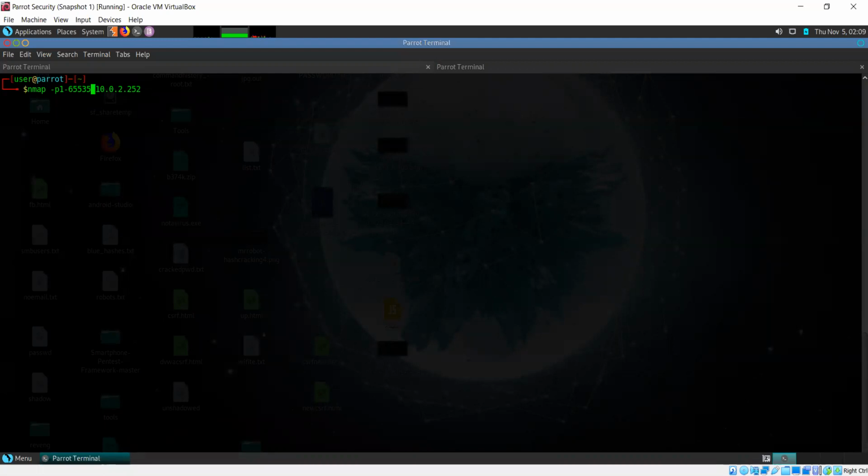Or there is an even simpler way to do this. Just write hyphen P hyphen. This tells Nmap that I want to scan all ports, not just any particular port or any range of ports. So if I press enter now, this scan should be running for all ports.